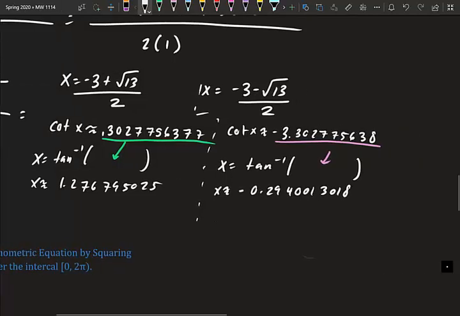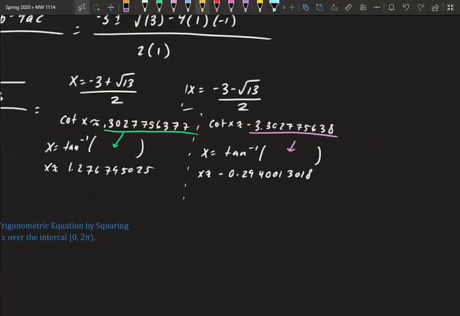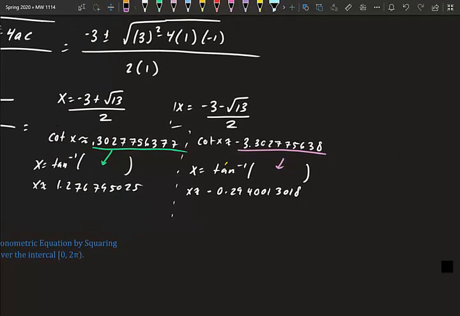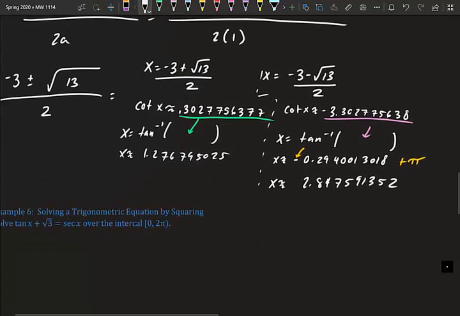0.294001318. But do you notice that this is negative? My bad. That is negative. So since it's negative, we need to add pi. So when we add pi, we get x is approximately 2.847591. So our solution set